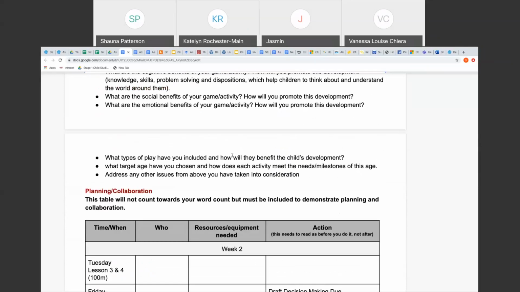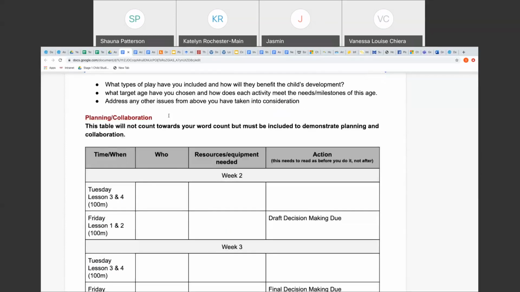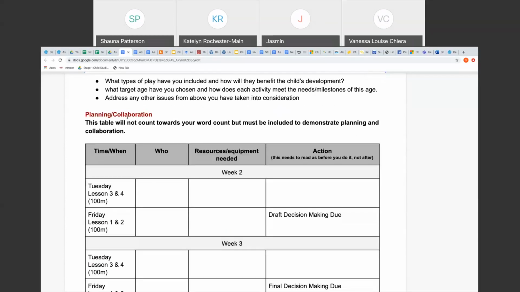So that is the majority of your word count. The next aspect that you do need to do is your planning and collaboration. Because it's in a grid, it's not towards your word count, so you can be as explicit and detailed as you want. So for example,